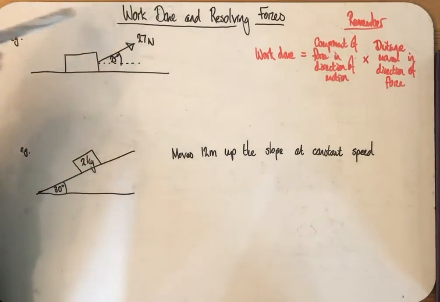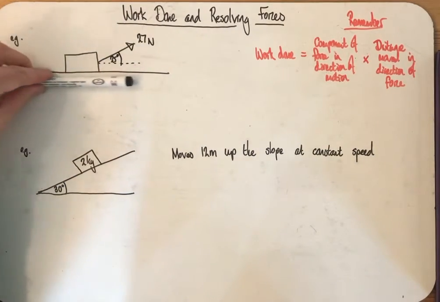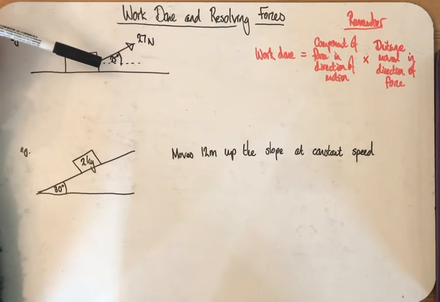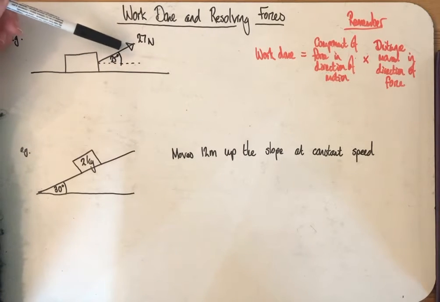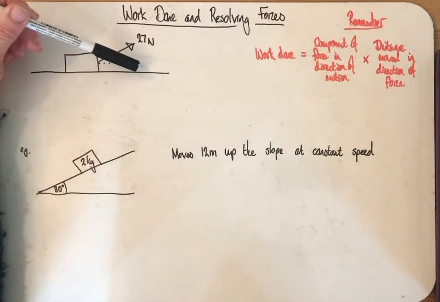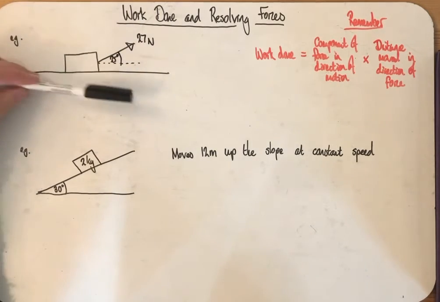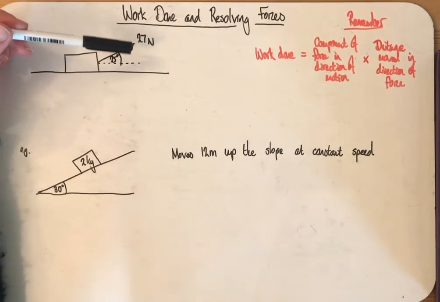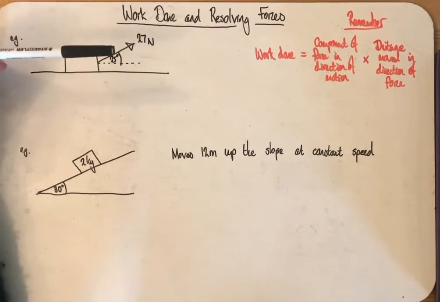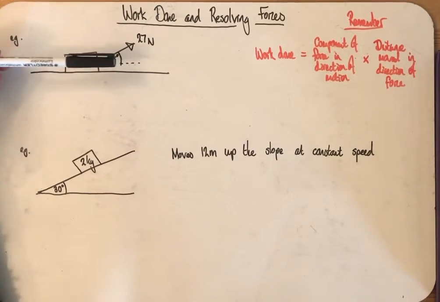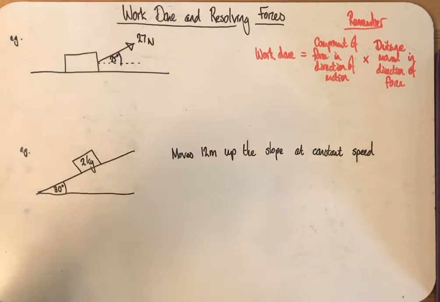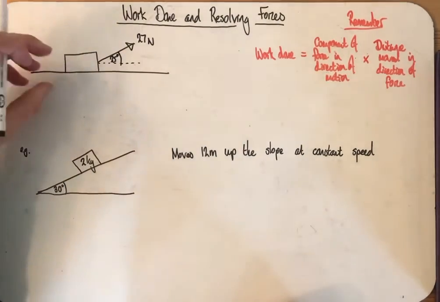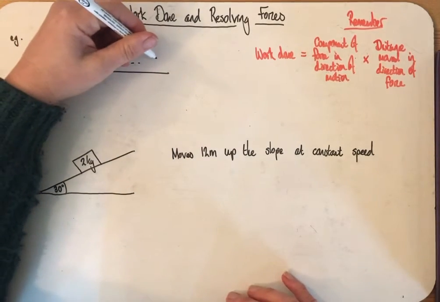So for this one here, the motion is going to be horizontal, and so we can resolve this pulling force parallel and perpendicular to the plane. The perpendicular component will not affect motion, so we're only interested in the component of the force in the direction of motion. So the work done by this force here, 27 newtons, if this block moves 15 metres,